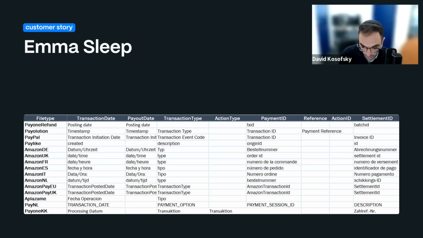If you can see there, the column name for each of the files was different, even in different languages. But by using an automation technique, we now have all of them aligned into one column, and that can be really useful if we want to do a reconciliation based off of settlement ID, based off of a bunch of different payment providers. That's going to speed up the process, and it's going to make it more reliable and accurate.